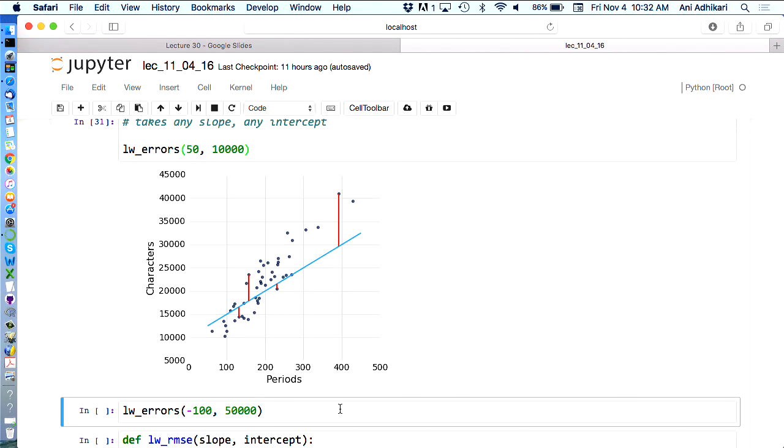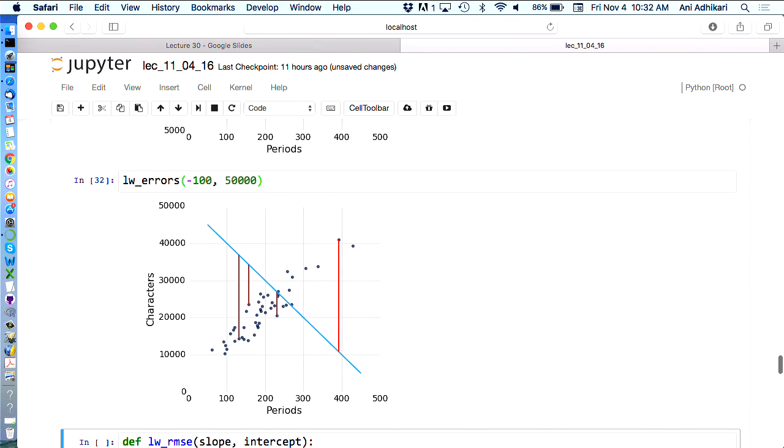If you use a really dumb line, you're free to do so. You'll get humongous errors. So clearly, some lines are better than others. Which lines are better? The ones with small errors. Yep, so we are going to find a line that minimizes the error, if we can, if such a line exists. That's the goal, right?